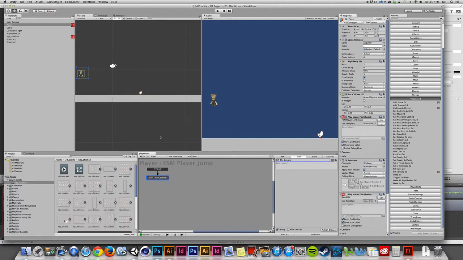So since my character is starting up in the air, this state will be off the ground, and what I'm looking for is to pass it over to a state that says is on ground or is grounded. Let's call it is on ground. So in the off ground state, what we want to do is constantly be checking to see